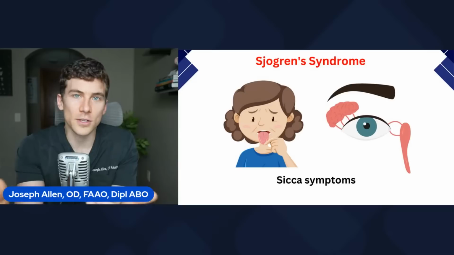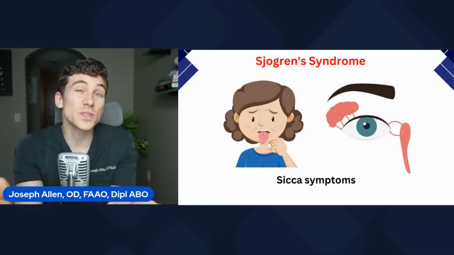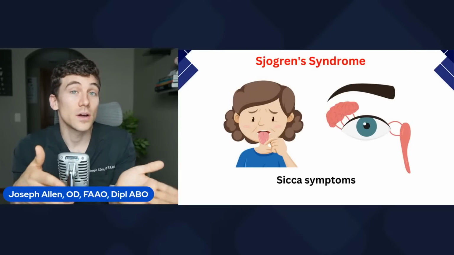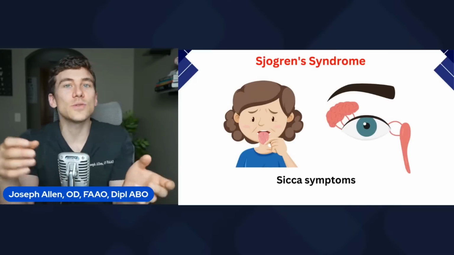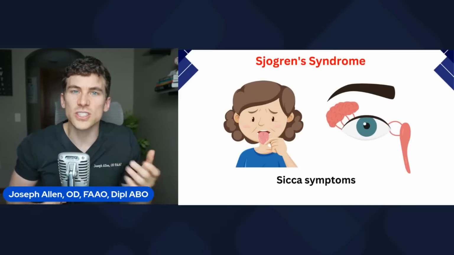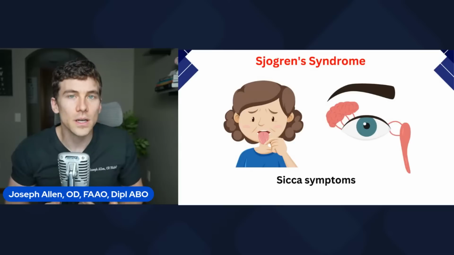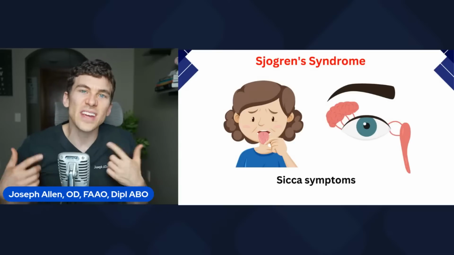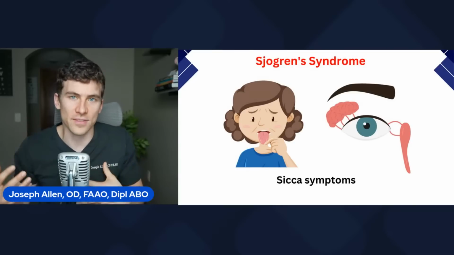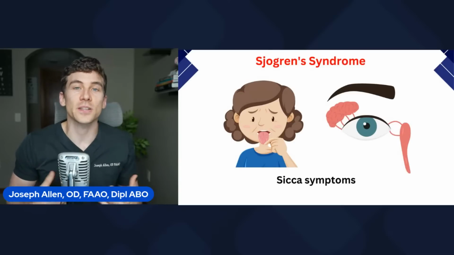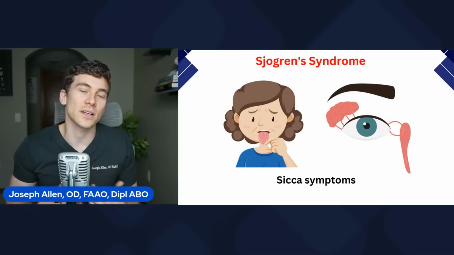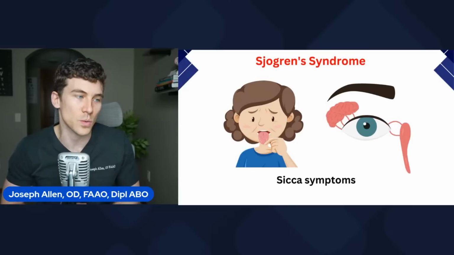So when patients come in with severe dry eye symptoms, but they also test really poorly in all of our dry eye tests, or they don't produce enough tears, I always try to ask, hey, do you have dry mouth too? Do you feel like you always need to drink water just to swallow or have a meal? Or do you have a history of bad dental cavities? Sometimes dentists are the first ones to identify this because someone's mouth is so dry, or they're having a lot of cavities, or their gums are not looking very well.